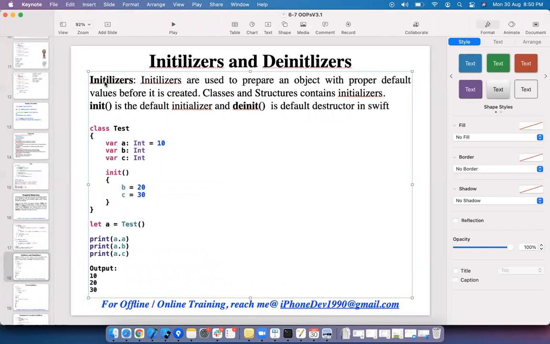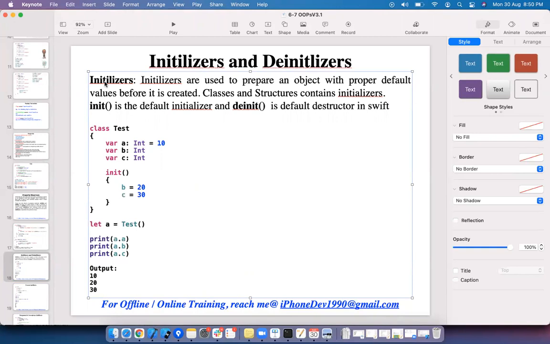Basically, the purpose of the init method is to create the object properly. Properly means when there are a couple of properties, only if the properties have proper values can we treat that as an object. If we simply create an object without proper values for the properties, it is an incomplete object.